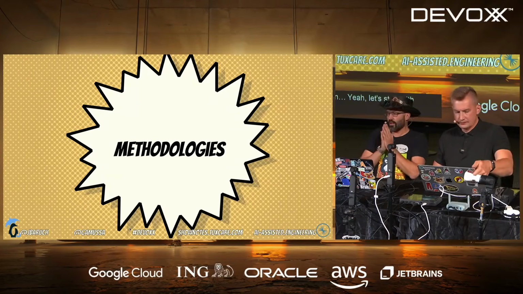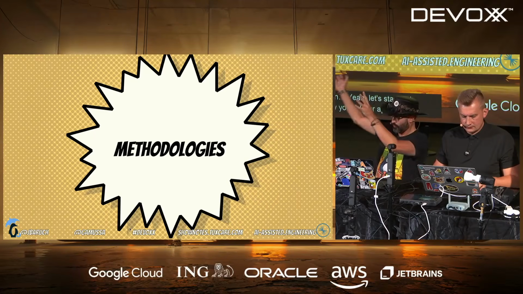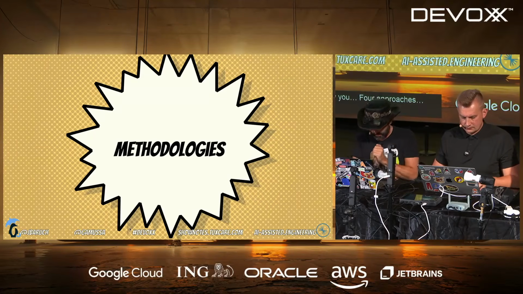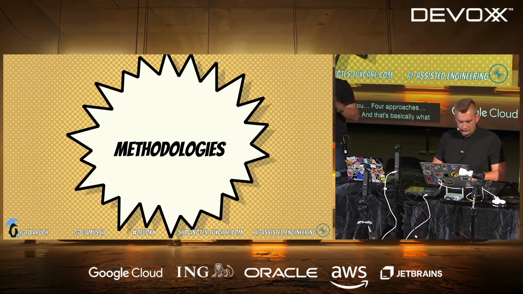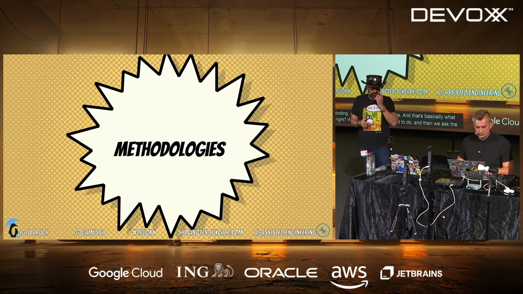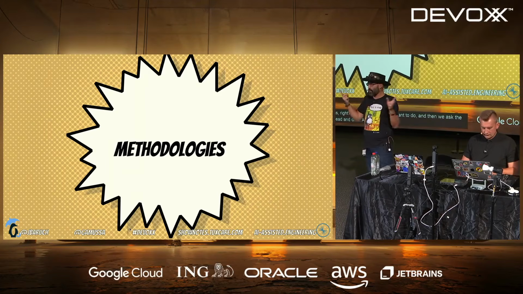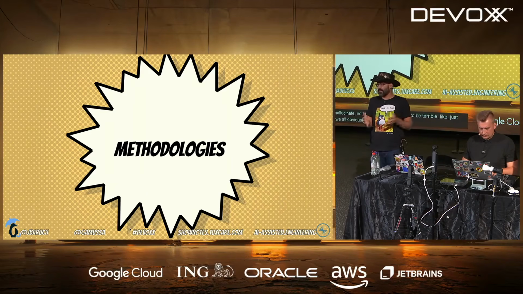Yes. Okay, so we're going to show you 4 approaches for AI-assisted coding. The first is the vanilla one, and that's basically what vibe coding is, right? We describe what we want to do, and then we ask the tool to go ahead and do it. We're going to do only one of that because you know exactly what's going to happen. It's going to hallucinate, nothing will work, it's going to be terrible, just for fun. And everybody knows by now how bad it is.